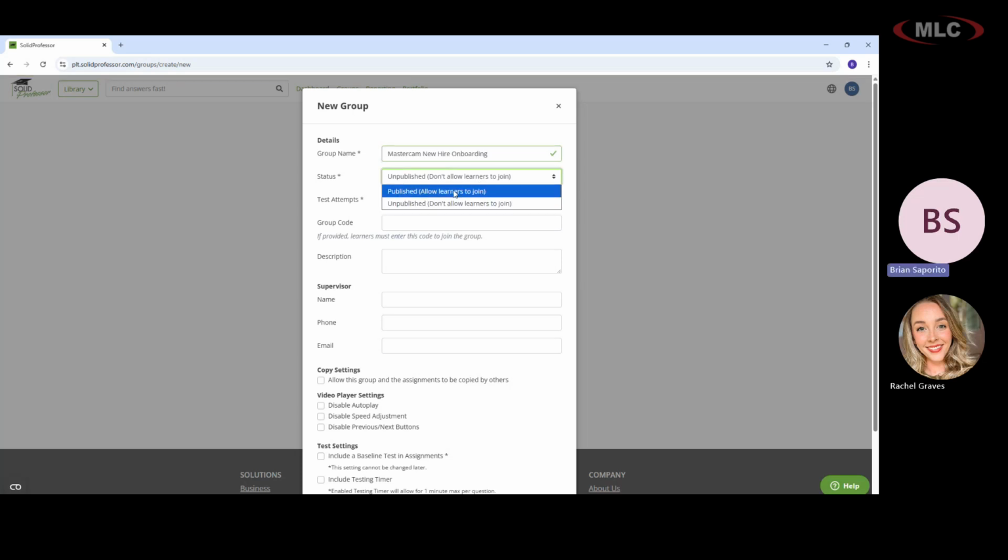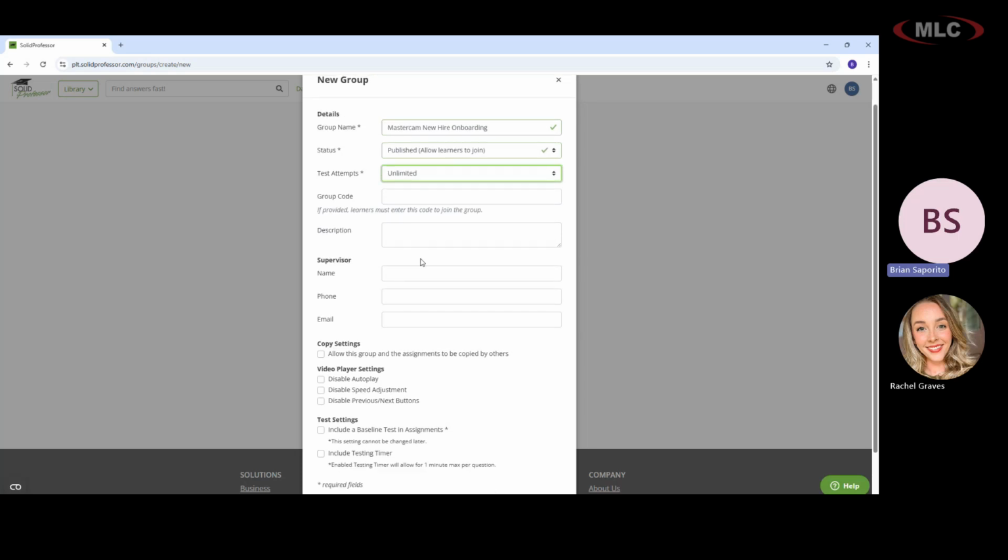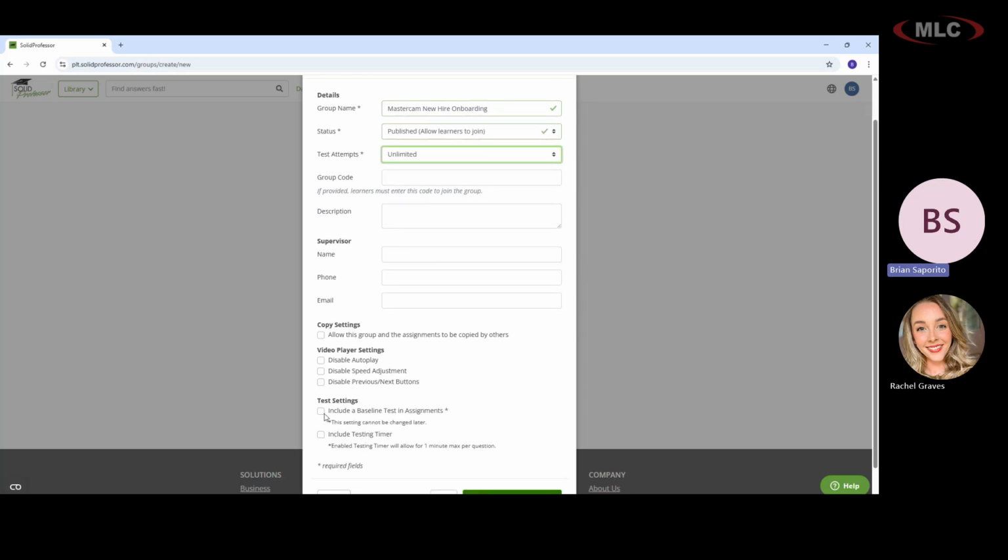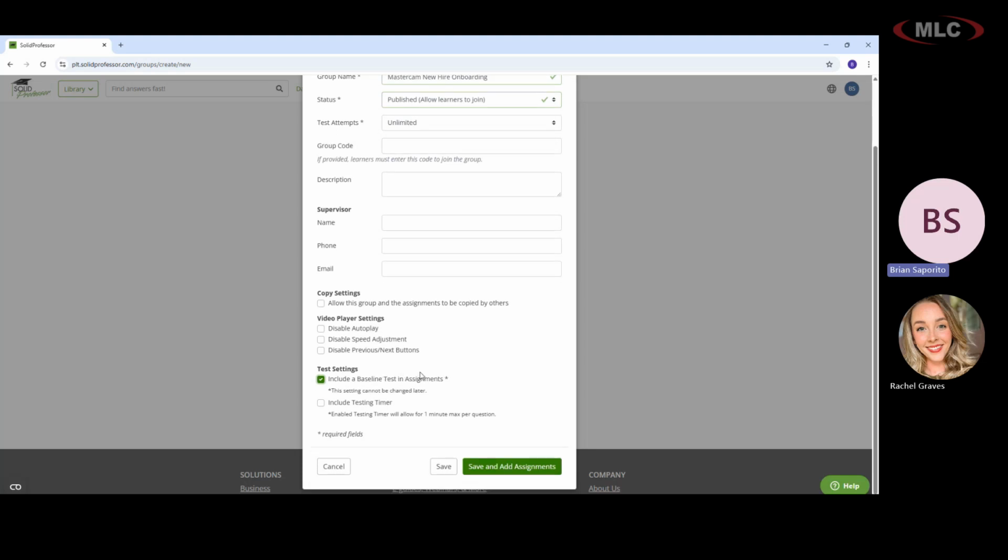Just like Rachel said, published is perfect. This just allows all your users to be able to join. Again, we'll keep the unlimited test attempts. And if you want to add any other descriptions for anything down here. And I also agree with Rachel, the baseline tests are perfect to be able to see the growth as users work through these